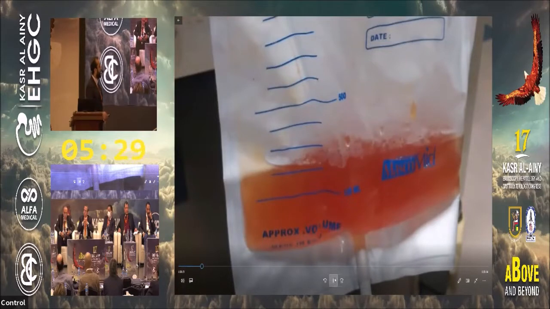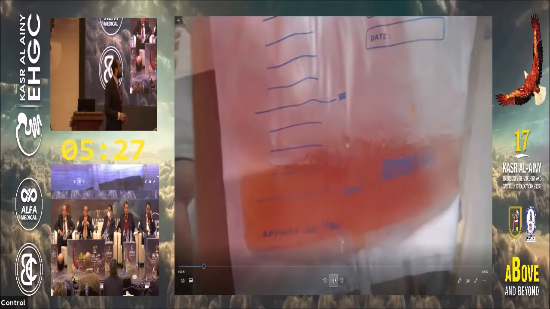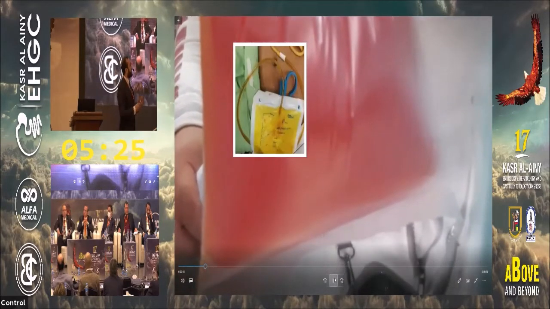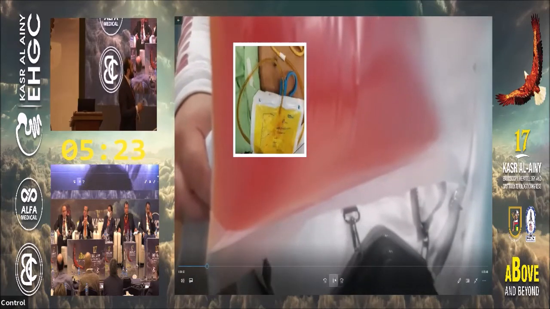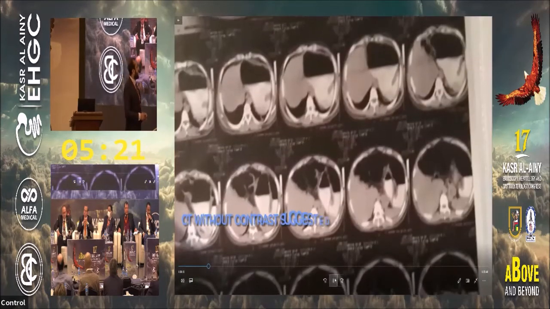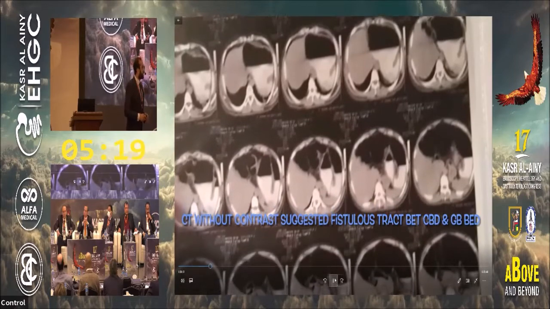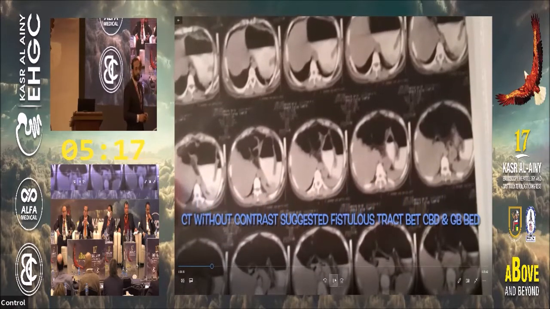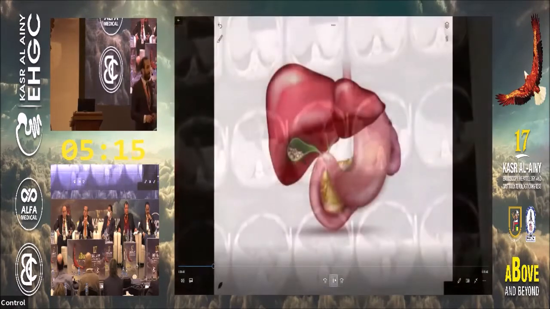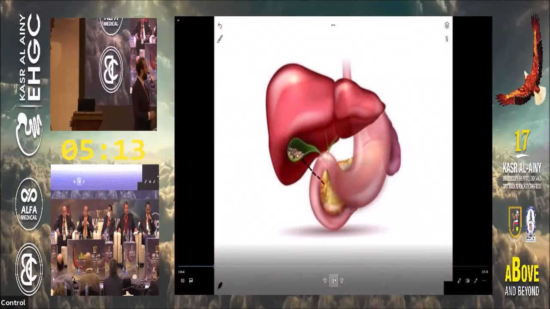And in the drain with that fluid, and then a large amount of that fluid, and not bile. And CT without contrast suggested a fistula tract between the CBD and the gallbladder bed, like that. So,